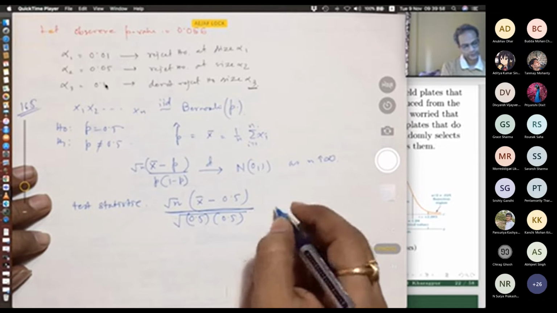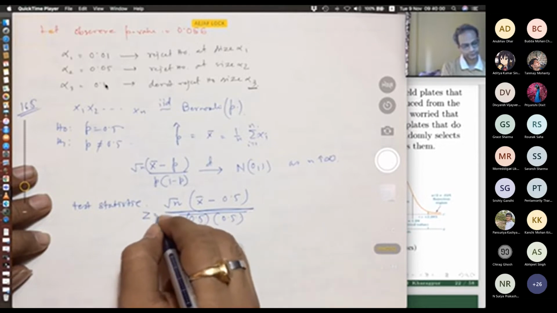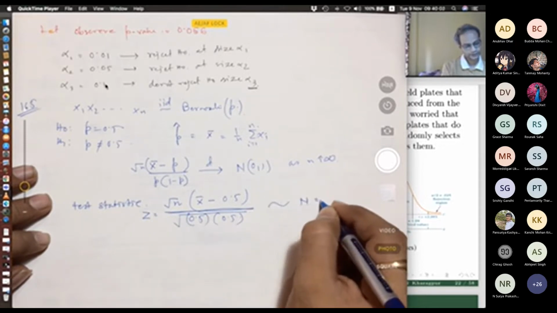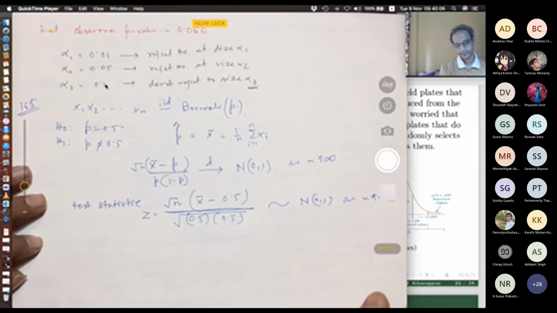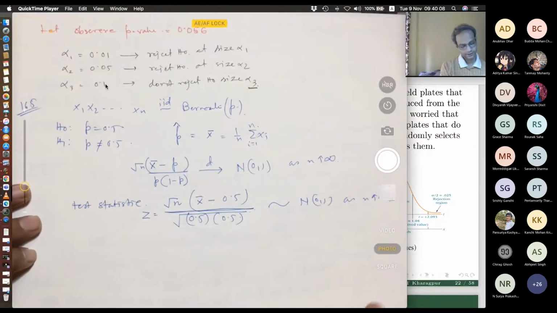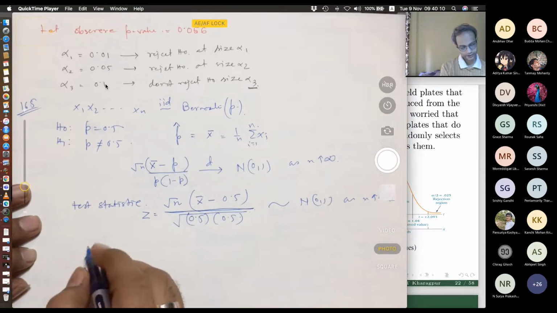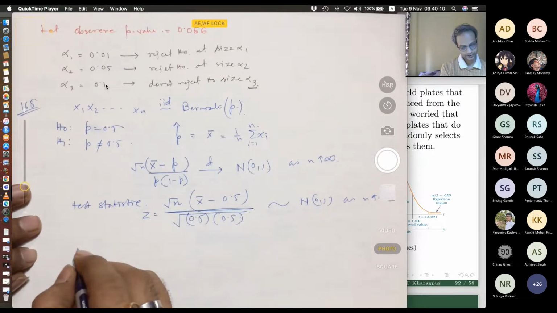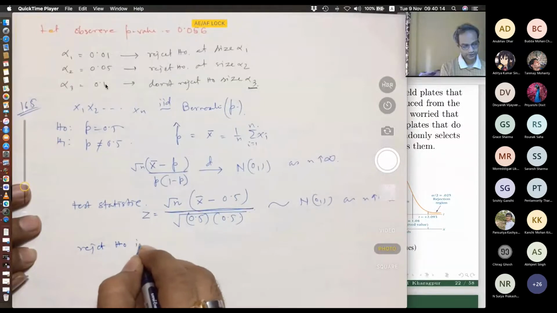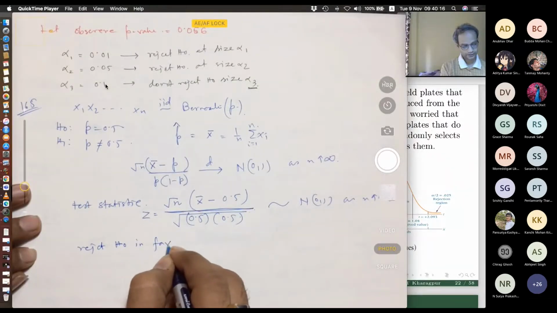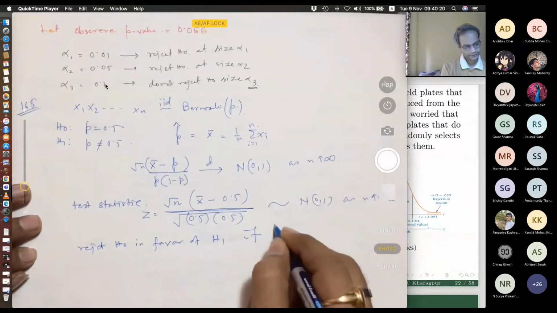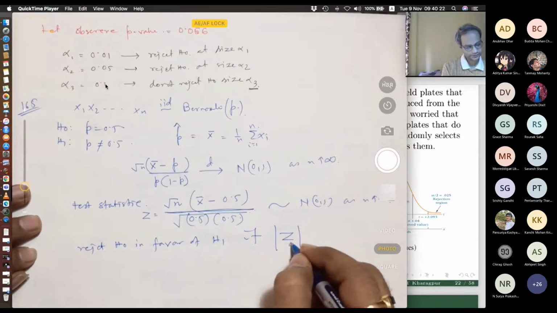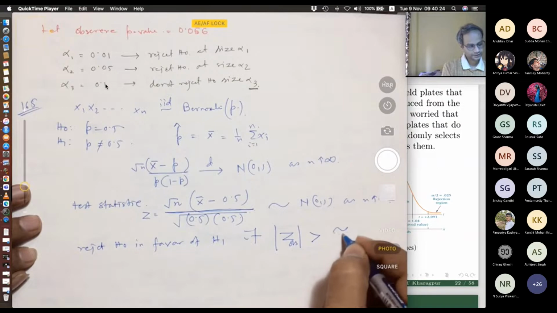So this is supposed to follow normal 0, 1 as n goes to infinity. So again, reject h naught in favor of h1 if absolute value of z observed is greater than z alpha by 2